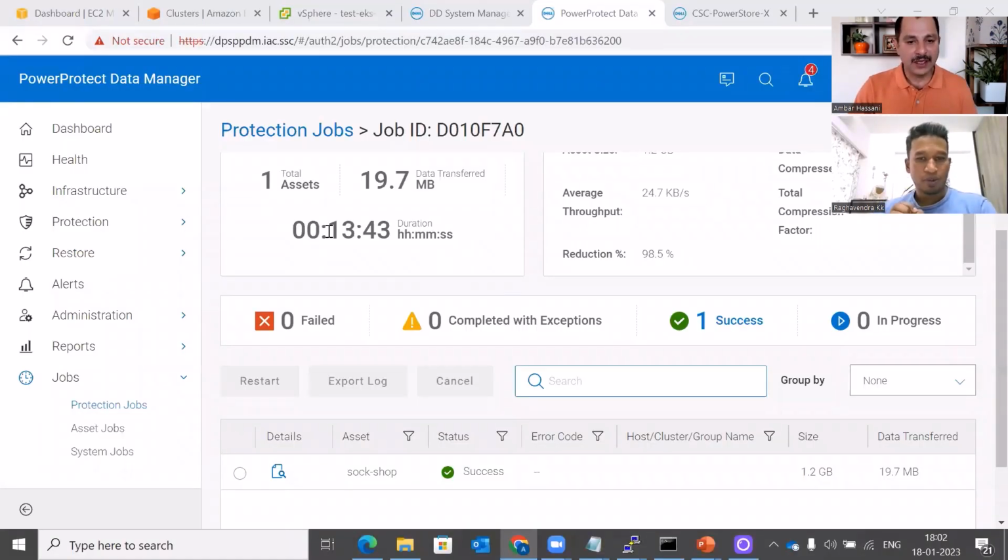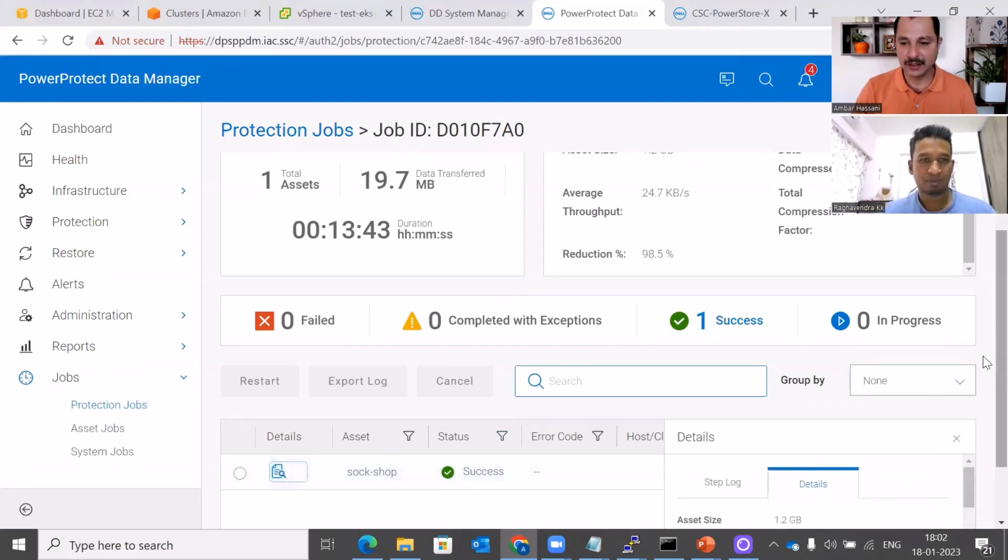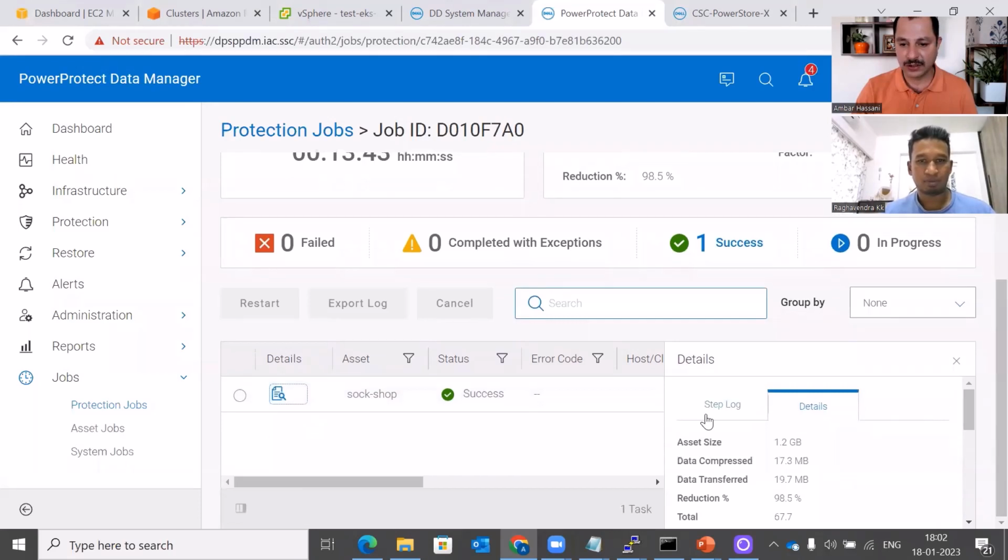So we can see roughly in about 13-odd minutes, again depending upon the size and complexity of the backup, 13-odd minutes into the run, the backup job shows a green tick, right? Yeah, and we can actually look into the details here, but largely speaking, what the step log will show is that,